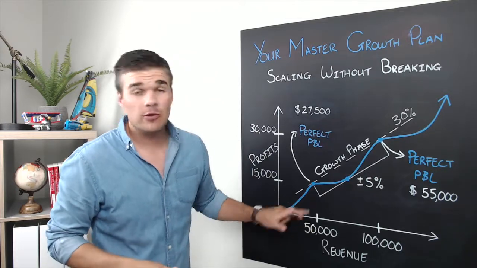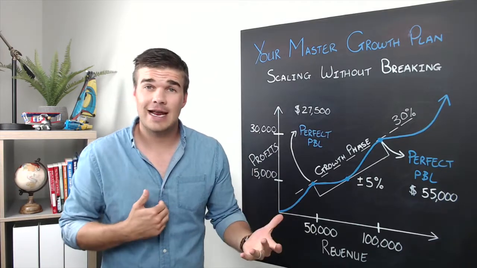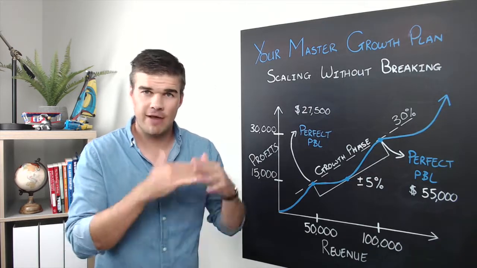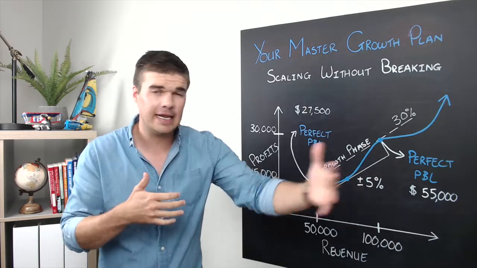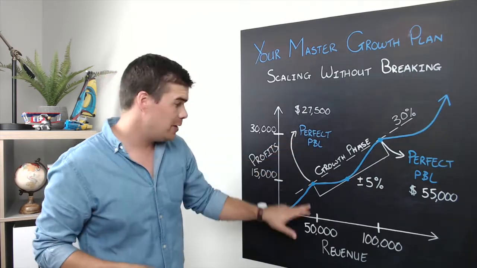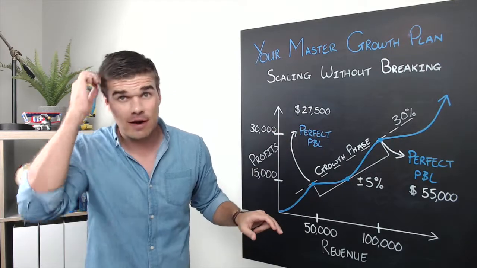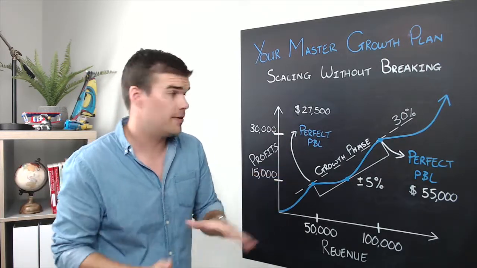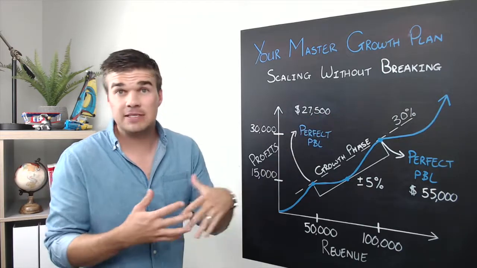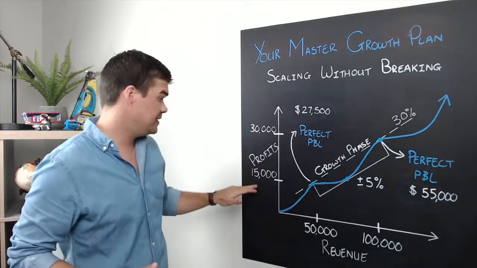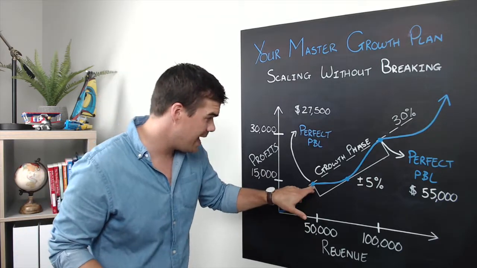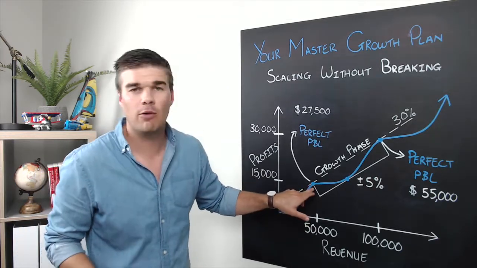So first thing we want to do is make sure we're in the correct gear. And I've used this analogy before of driving a car at 50 miles per hour, and you're in gear 3, the perfect gear, and your revs are where you want them to be, and you're extending the longevity of driving that car. And that's what we call the perfect P&L. Ideally we would be spending 55% of our revenue on advertising and labor, which is $27,500. And we would be spending 15% on our overheads, generating a 30% pre-tax profit margin, which is $15,000. So we should be at our perfect gear. We should be exactly where we want to be.